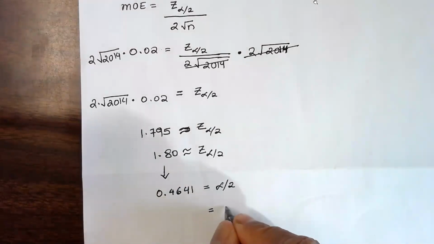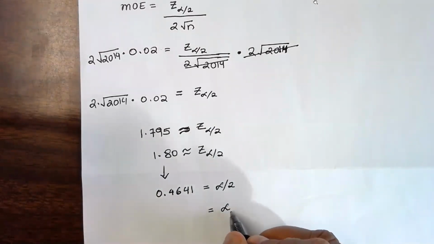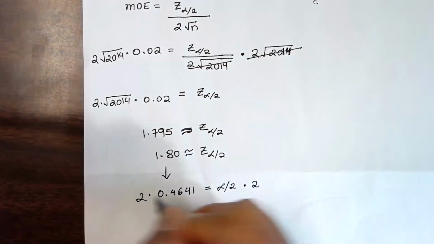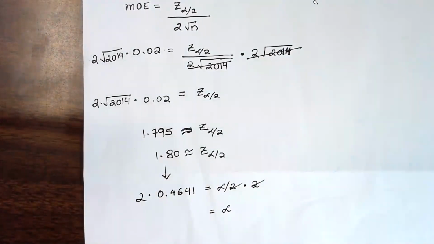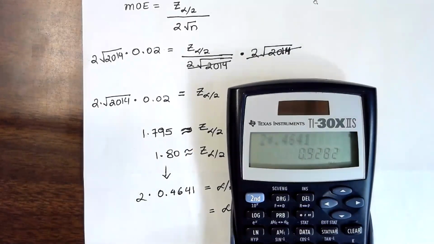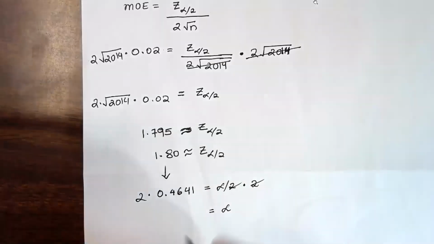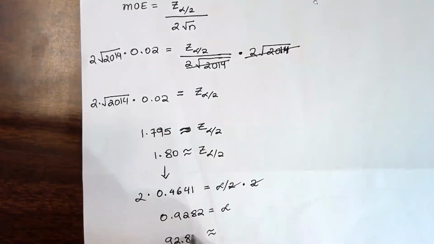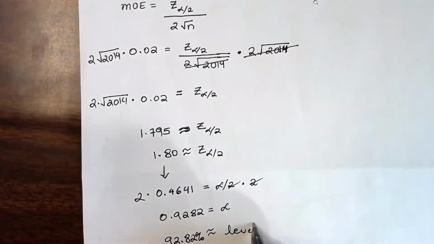So of course, we are interested in figuring out what alpha is going to be because that's what gives us our confidence interval, which means I need to go ahead and multiply both sides of my equation here with 2, and that will of course give us, and again, just to show you here really quickly, we are going to do 2 times 0.4641, which of course ends up giving us 0.9282. So 0.9282 comes out to be 92.82%, and this will be our level of